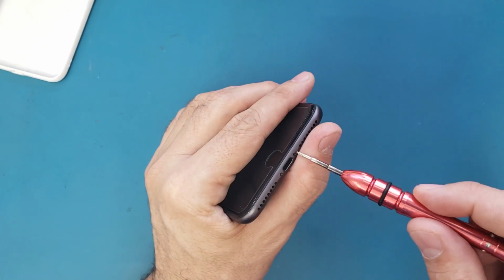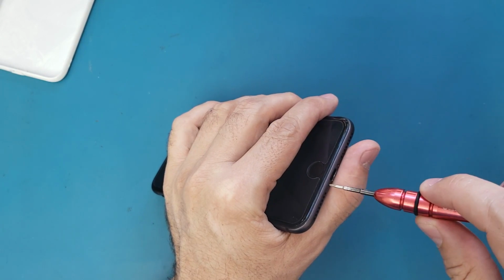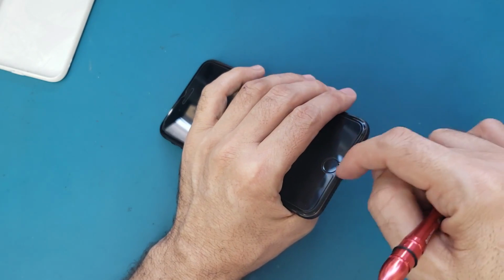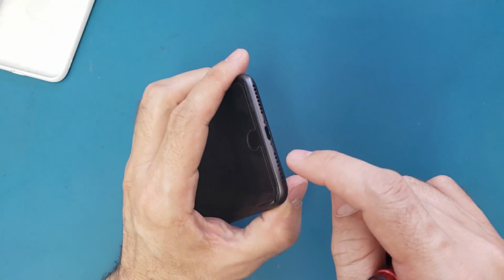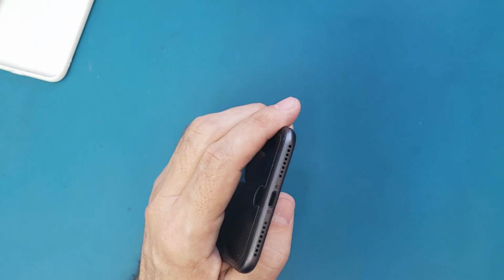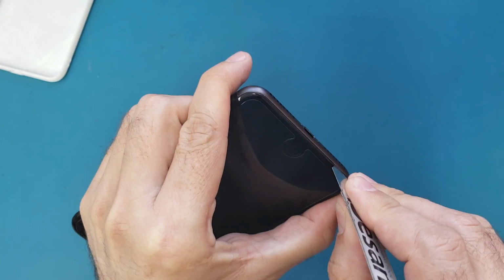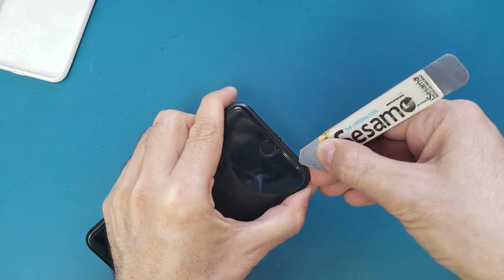First of all, we will open these two screws here in the bottom. If you feel like the screws are turning empty inside, that means the spots where they are holding inside are loose. So this is one trick how to open the stripped screws here. Not the stripped screws because they look fine, but I think on the inside they're not holding good. So we're gonna use this IC Semi and we will make a small gap between the glass and the frame, just like this. And once this is inside, you flip it this way